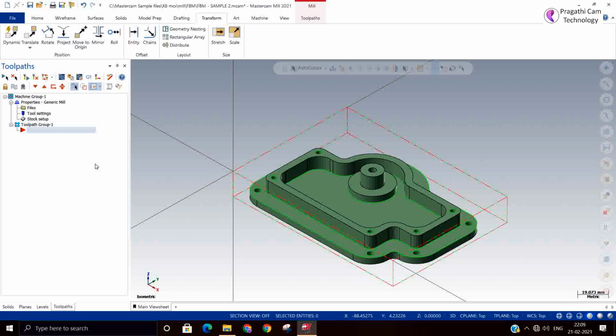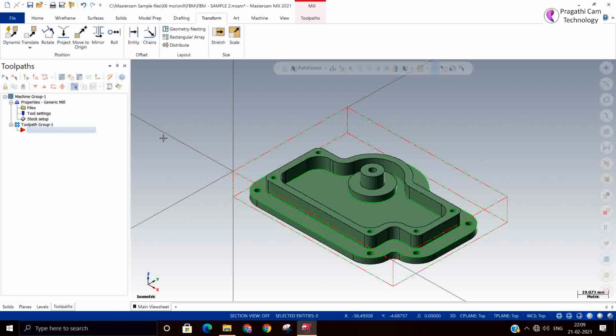If you do your own toolpath, you can do this entire model in 3 operations or 4 operations. But if you do it with feature based machining, then it makes many toolpaths automatically. So that is a disadvantage. Okay. For newcomers and college students, it makes them feel that CAM programming is easy. You can bring that feeling by showing this toolpath.